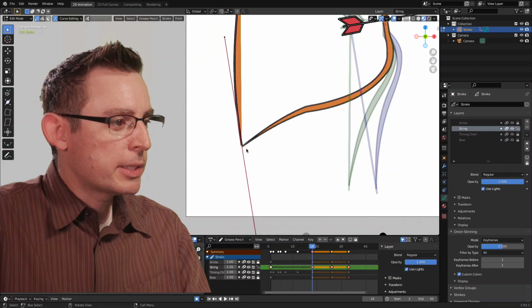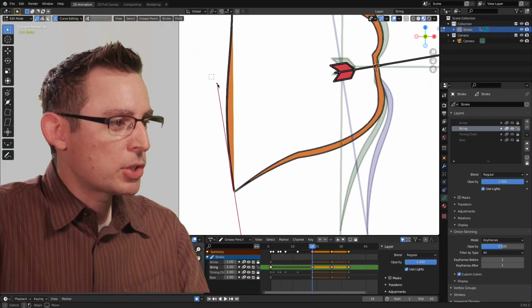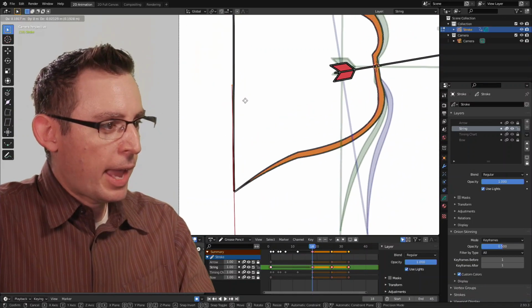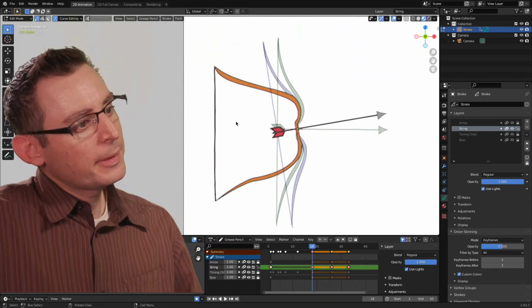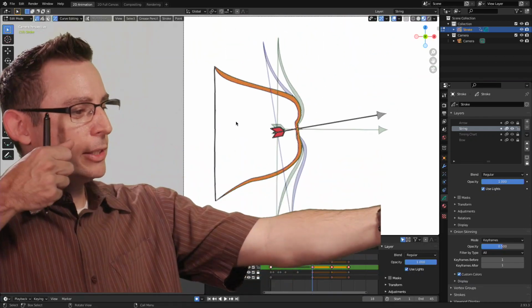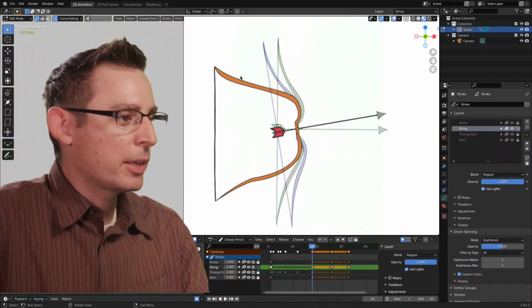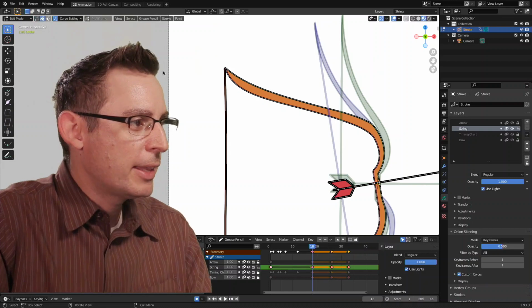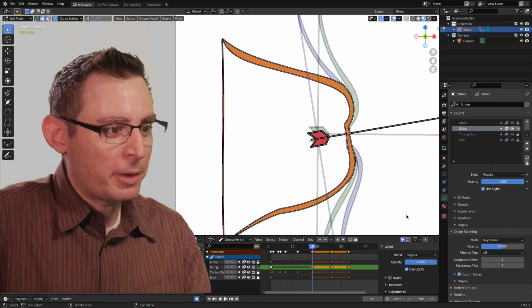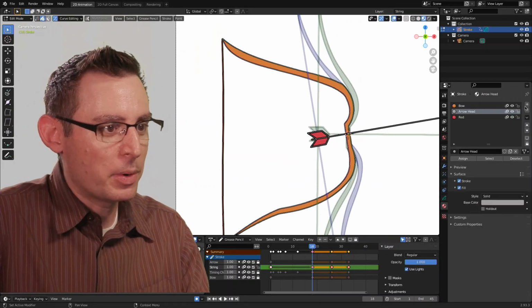And I'm already seeing that I need to make a small change to the material that's on here. Yeah. So that shape probably should be an arc as well. I've accidentally assigned a material to this stroke that's the same material as the bow itself. Let's fix that real fast before it goes any weirder.